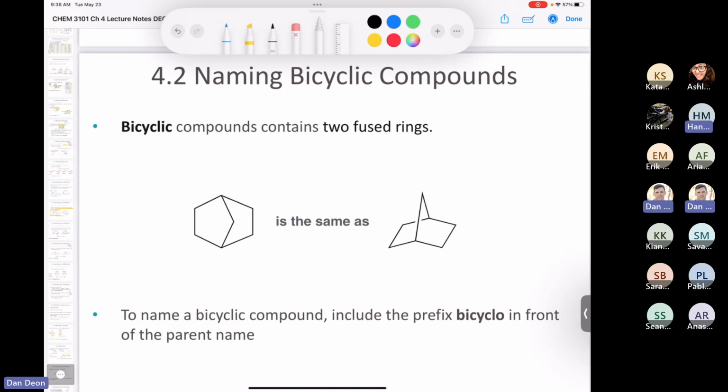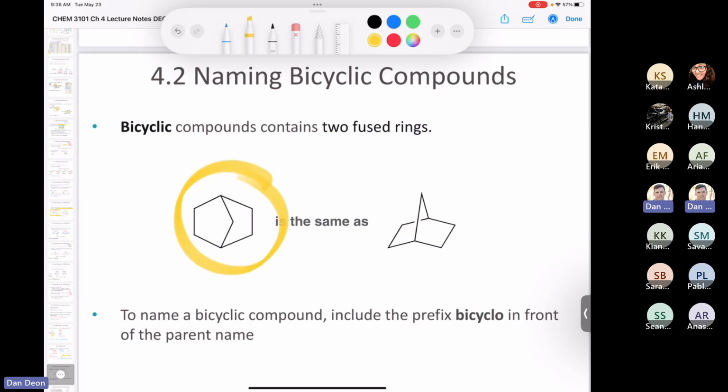So if we look at this structure here, it's the same thing as this structure here. So you've got a 6-membered ring. You've got 6 carbons in the ring, right? But you have a bridge between the 2 carbons. So this one is coming up. You have a CH2 here, and then you're going back down, right? So you've got a 5-membered ring here. So it's a bridge structure, and this is where molecular models may come in handy a little bit, depending on your ability to visualize things in 3 dimensions. But both of these structures are identical to each other.